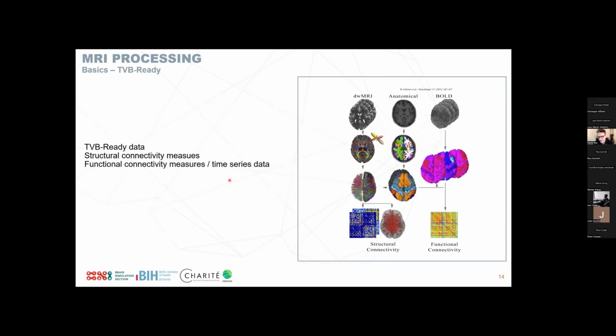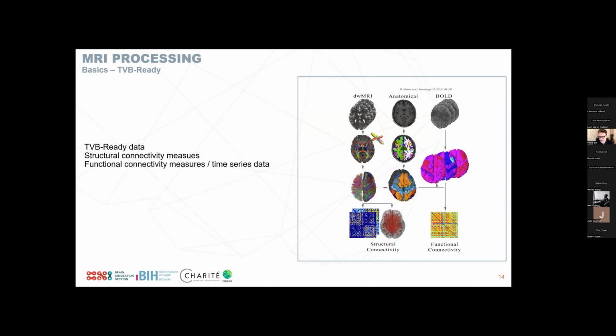So in the end, we have these pipelines to process diffusion MRI, anatomical MRI, and also BOLD, so fMRI signals, to create TVB-ready data, right? Misha Schirner, for example, from our lab, published a pipeline here in 2015 to create this data. There's the Human Connectome Project pipeline. There's a range of pipelines that can either do all of this together or just specific modalities to create our